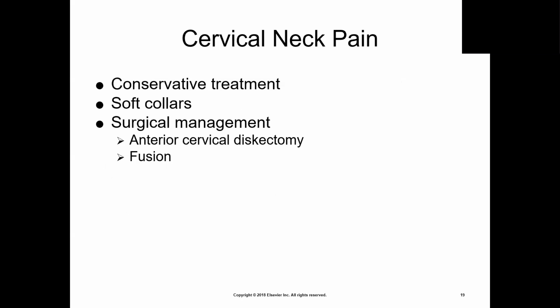It might be compressed, things on the nerve roots. So as you're looking at a patient like this, nerve pain tends to be very debilitating and hard to diagnose. So they might do a CT, they might do an MRI, they might do x-rays to be able to see if there's any compression. But they can also do a nerve conduction study to see if it's nerve related as well. Conservative treatment would again be therapy,